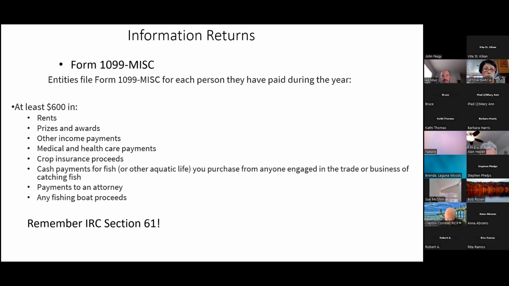That's where you have to get into Pub 4012 or Publication 525. But typically you'll see this when someone has won a prize or an award, or has other income payments. When you're talking about income, you have to determine whether or not it's taxable or non-taxable. If someone is performing work that is self-employment, usually they're going to get a 1099-NEC. But entities that issue documents sometimes issue a MISC instead of a NEC.